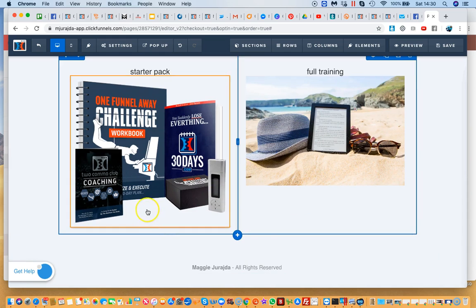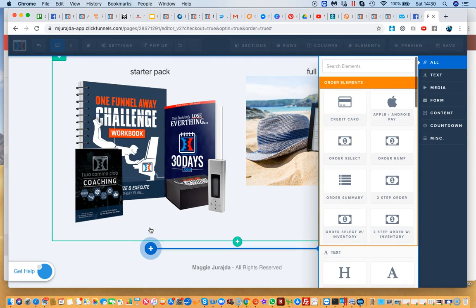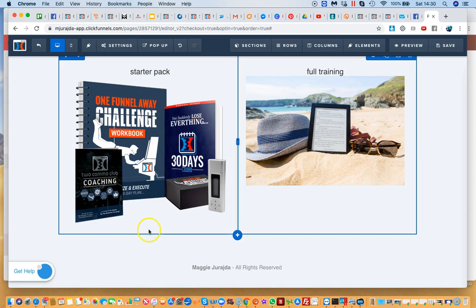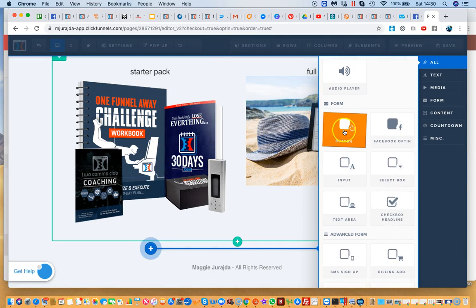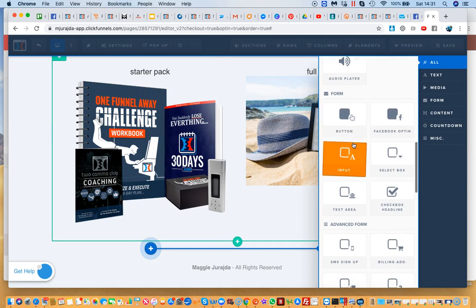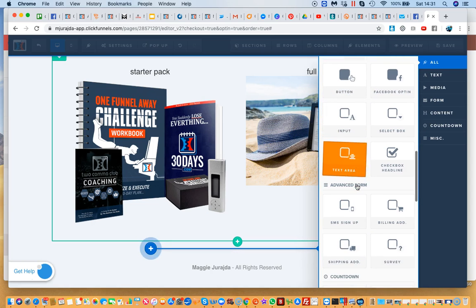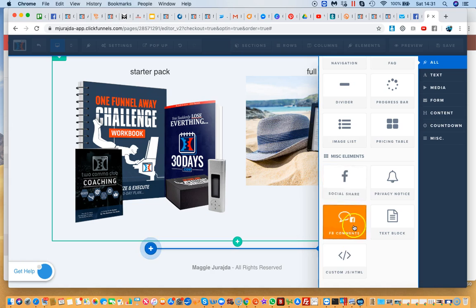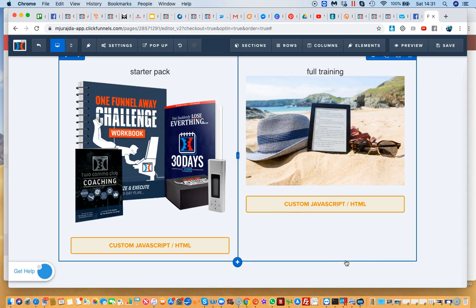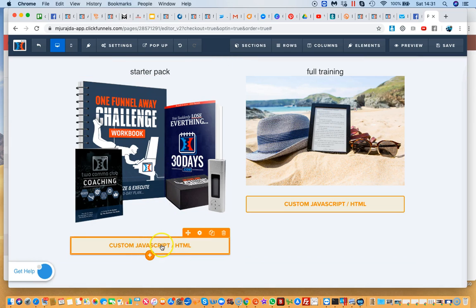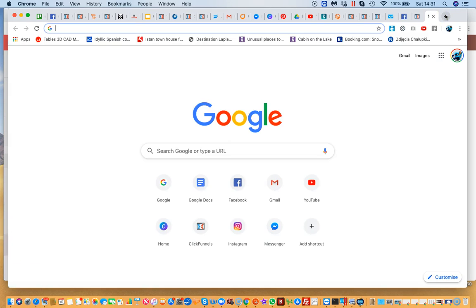Then, the way to create a PayPal payment, for instance, is if you add another element, let me just go here, and then PayPal button. So to start with, sorry, not PayPal button. There is no PayPal button, by the way. This is a code. So I'm scrolling right away down, custom JS HTML, all the way down. Obviously, as I said, if you change the height of this image to match this one, they will be the same size. And then what you do in here, okay, so if I just open PayPal,